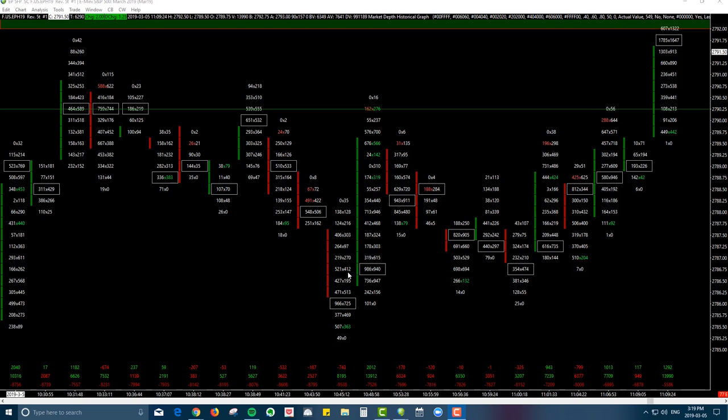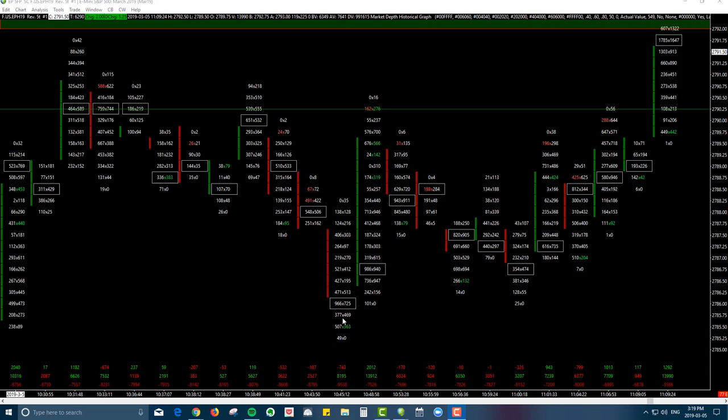And what you're seeing here is there are 363 buyers that came in aggressively at that level, and there was only 49 sellers down there. So this is showing buyer aggression, and that's why you're seeing this level light up. And that's essentially the order flow tool showing